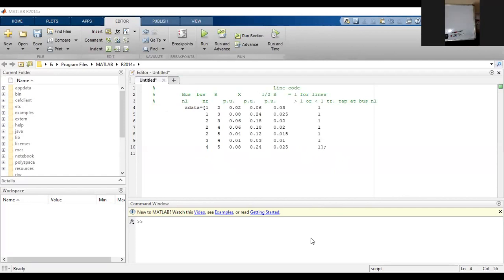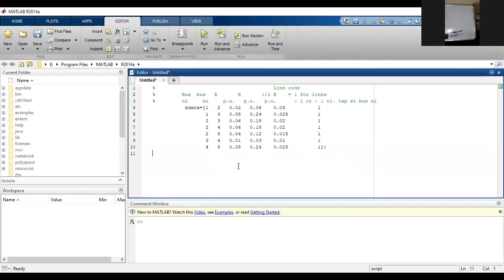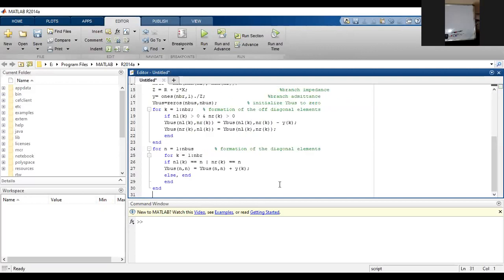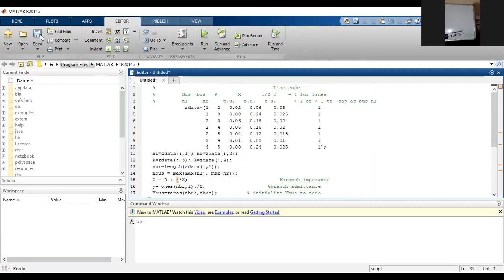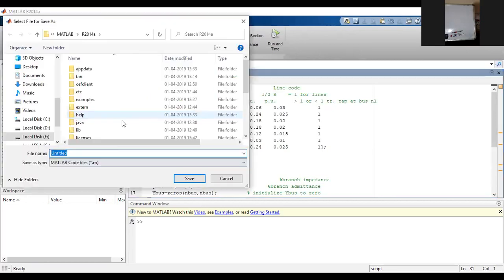I'm going to the program here. I'm saving the file.